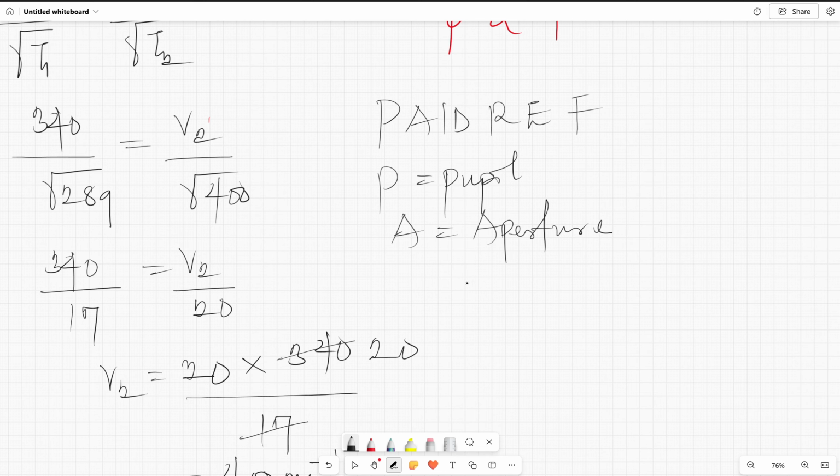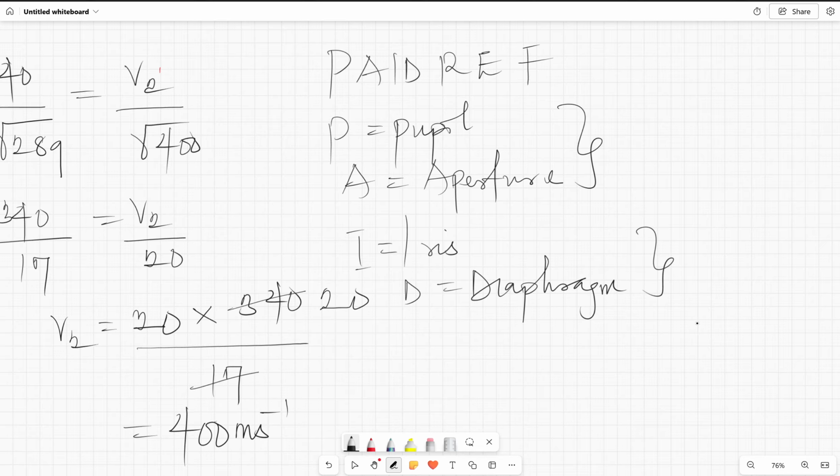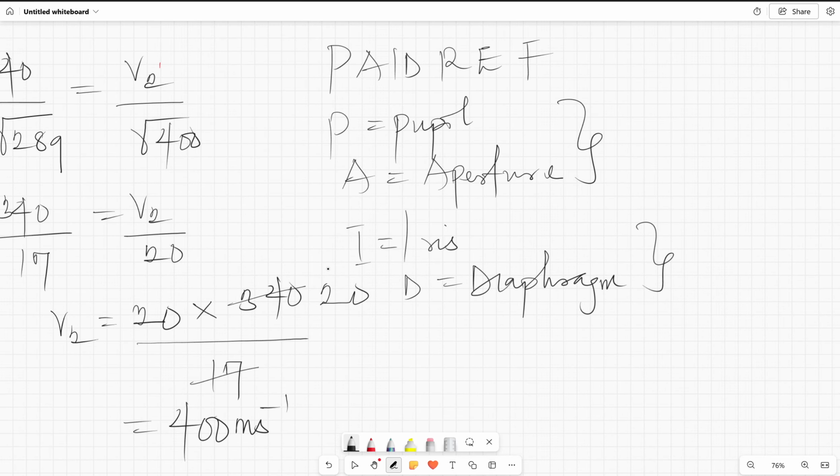So those are together. The I, that is iris. You have D, that's the diaphragm. So those are relatable. So R is equal to the retina,